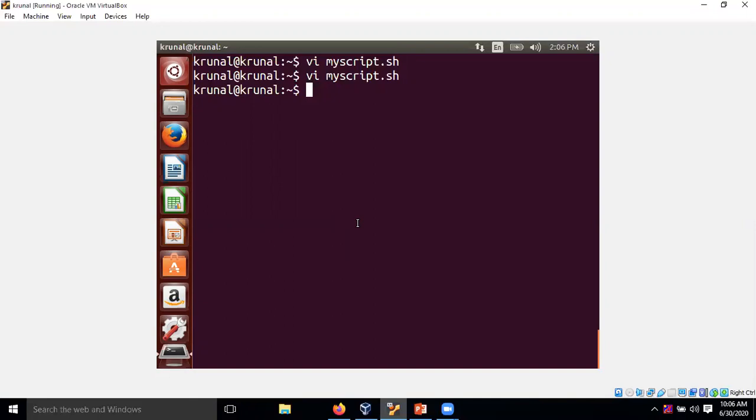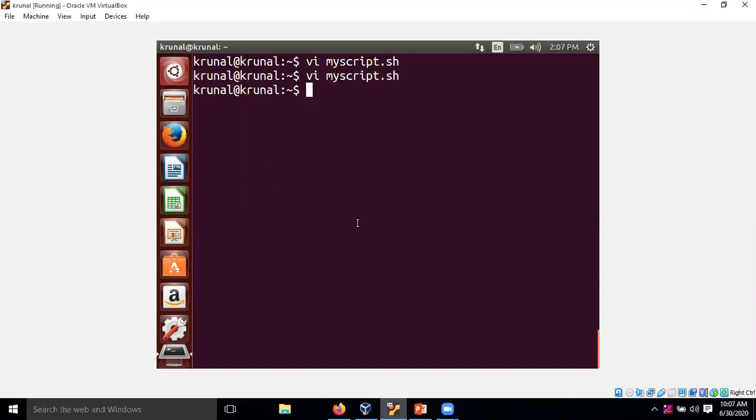In this particular editor, vi editor, there are several commands available, and these commands are used to move the cursor from left to right, right to left, top to bottom, bottom to top.